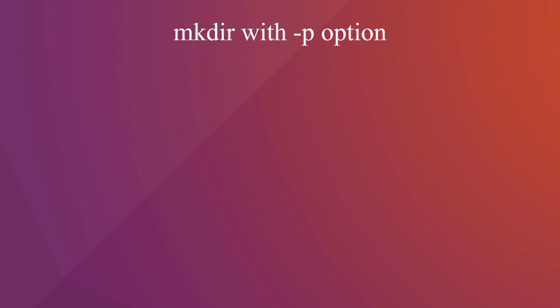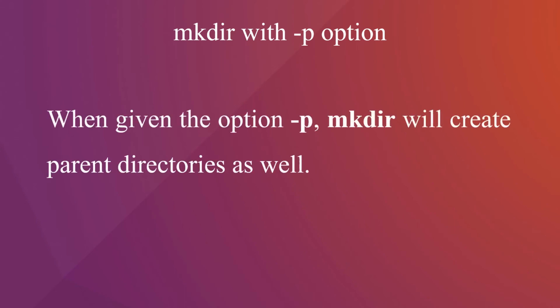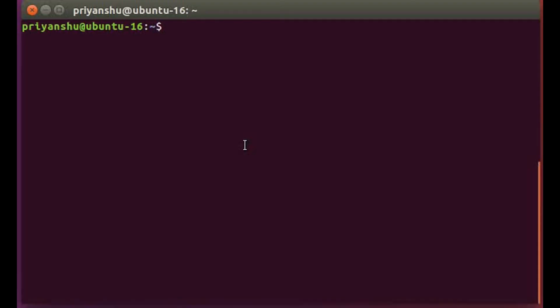The mkdir command does not have many options to be set. One of the important options is option -p. When the mkdir command is given with option -p, it will create parent directories as well. That is, we can create multiple directories in a path. Let's try this option. Let us create our own directory tree with this command. For example, mkdir -p